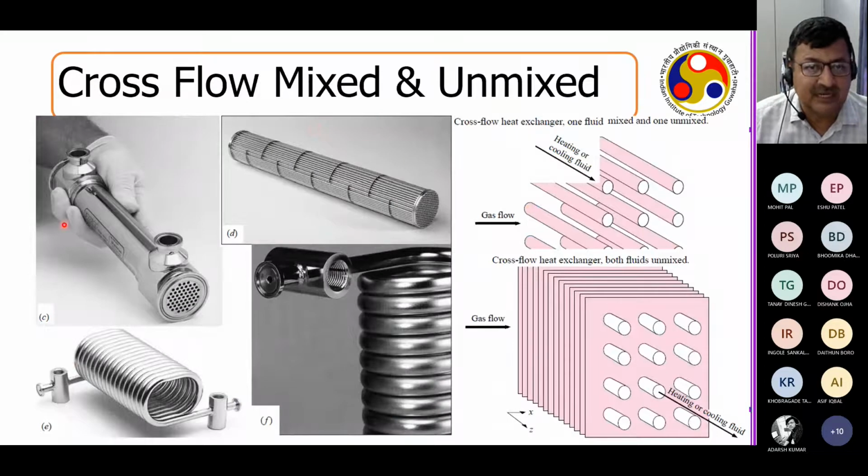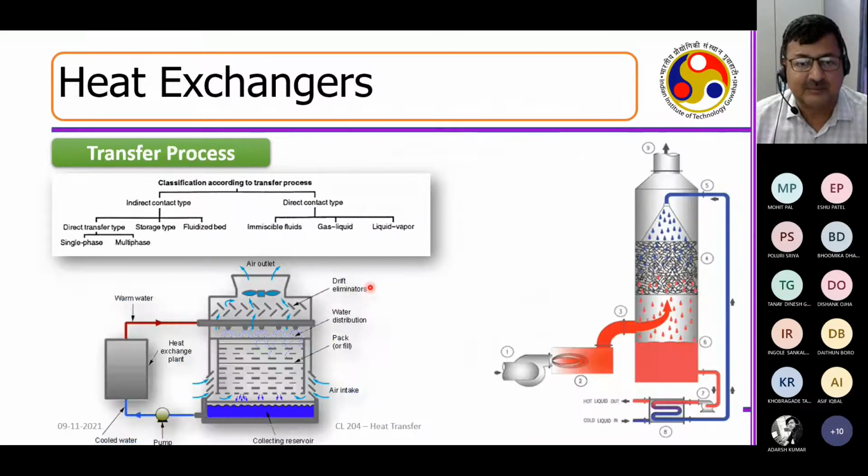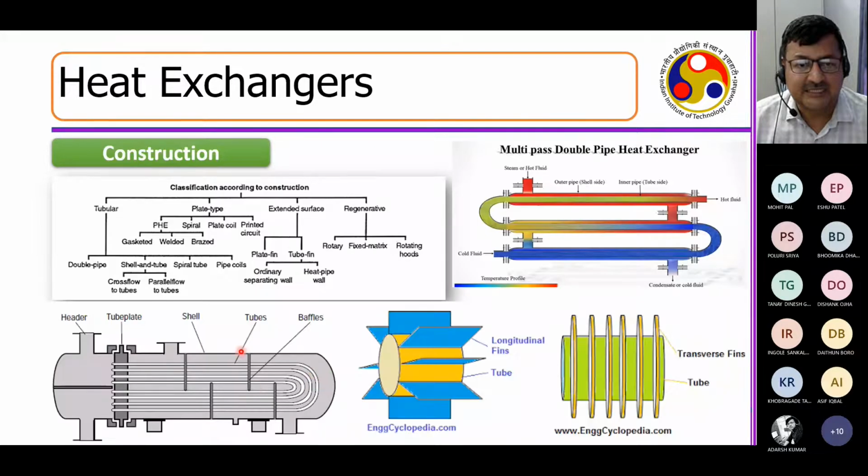You may see that this is a typical shell and tube heat exchanger, right? This is the typical bunching of the tubes, so they look very attractive in terms of engineering design. Can anybody tell me what these gray protrusions that are put here are? Anybody has any idea what these are called? It is written as baffles, right? So why do we put baffles here? Now you are champions of heat transfer. You have to slowly start applying your knowledge in designing a device. Why do we put baffles?